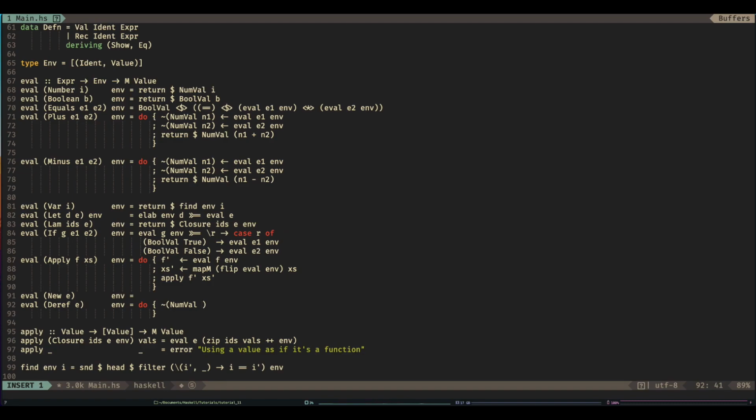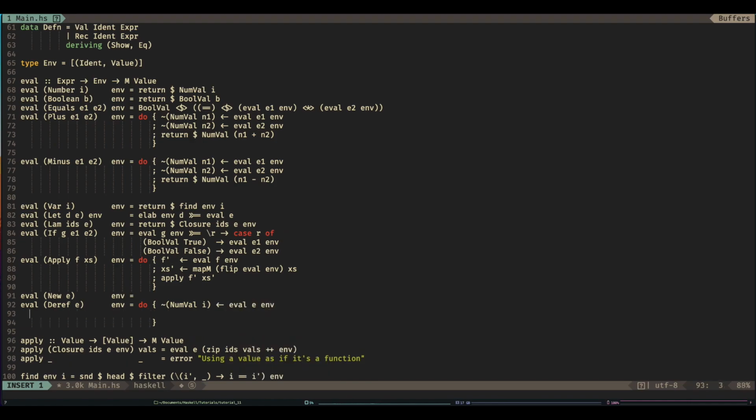So yes, so num val. Oh, I'm going to have to add more to our expression. Anyway, I'm going to stop chatting rubbish. Num val I for index is going to be eval e in env, and